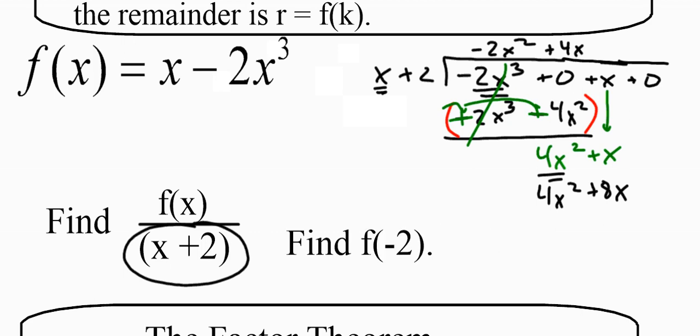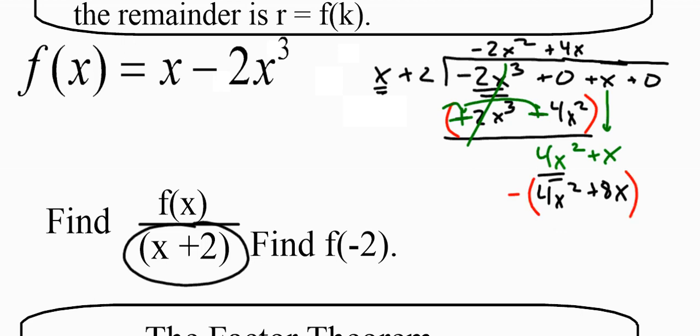Once again, we have to take the opposite of this expression, because that's how we do long division. Distribute the negative here and here, and we cancel this out, and we're left with negative